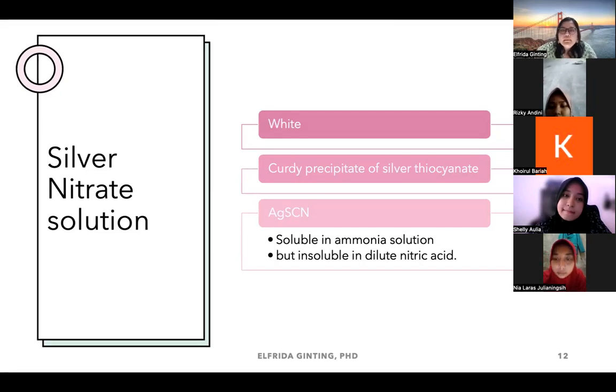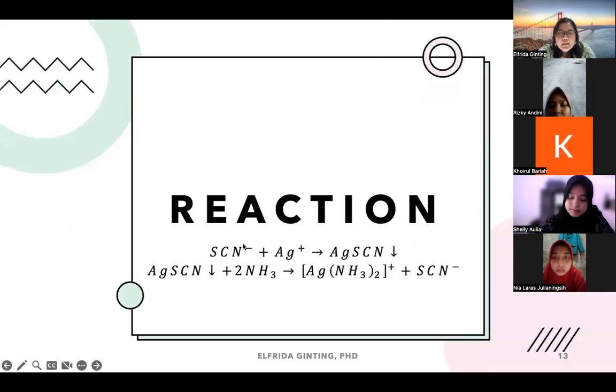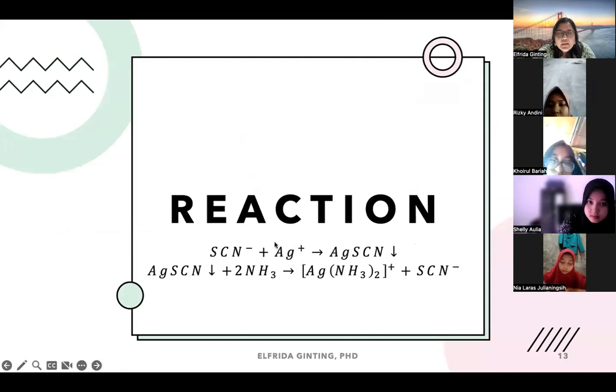Okay, finished. So now let's see the reaction. The reaction is thiocyanate anion mixed with silver nitrate solution. You will get silver thiocyanate, and you can see there is a down arrow indicating that this is a precipitate. Then if you mix the silver thiocyanate precipitate with ammonia solution, you will have the soluble